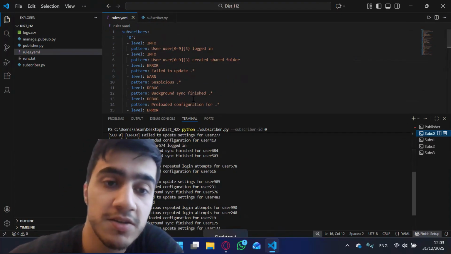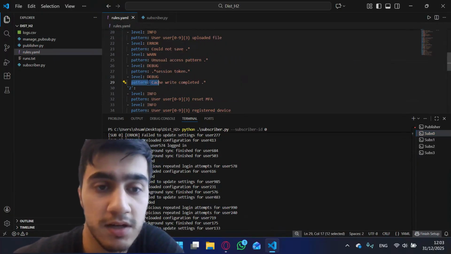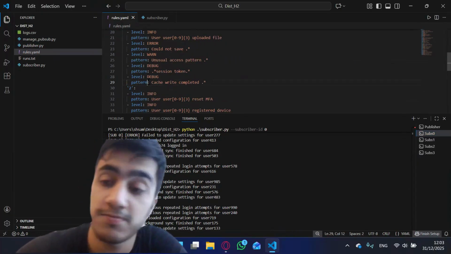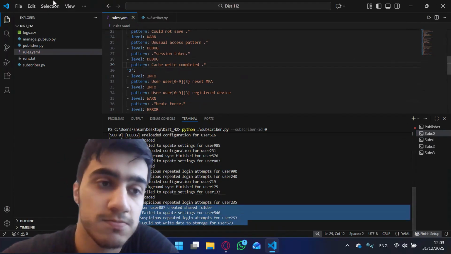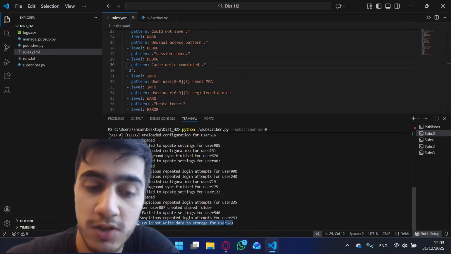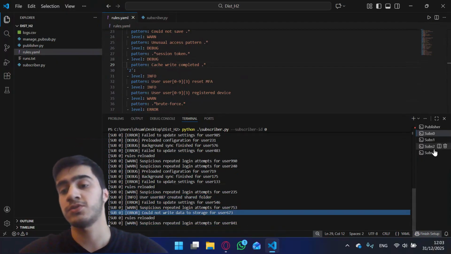Okay, I had a syntax error here in this pattern. I didn't write the end, so that's why we didn't see this earlier. Now we make sure that the dynamic reloading still works.